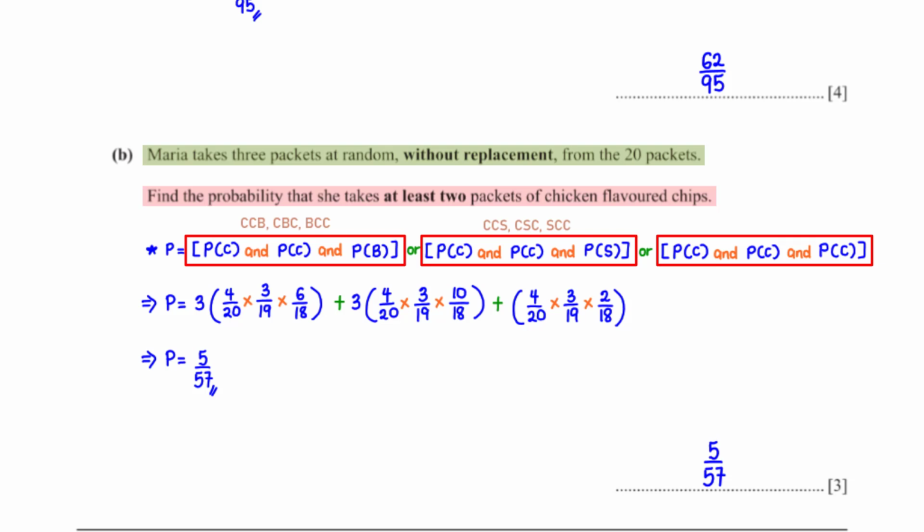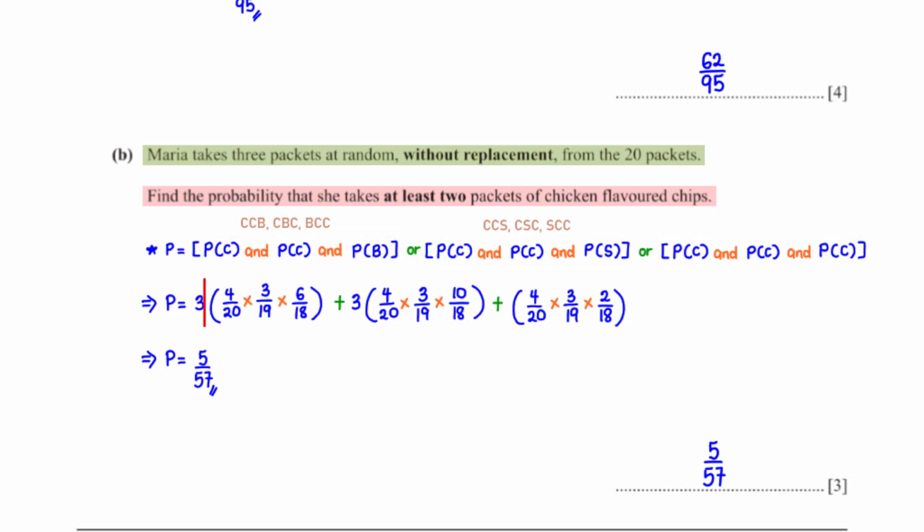packets of chicken-flavored chips. The probability that she picks a packet of chicken-flavored chips is 4 over 20. Without replacement, the probability that she picks another packet of chicken-flavored chips is 3 over 19. Without replacement, the probability that she now picks a packet of barbecue-flavored chips is 6 over 18. There are 3 possible orders in which she may pick up the chips, so we multiply this